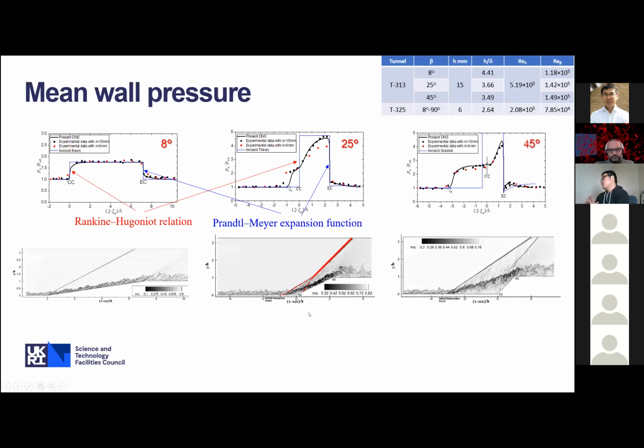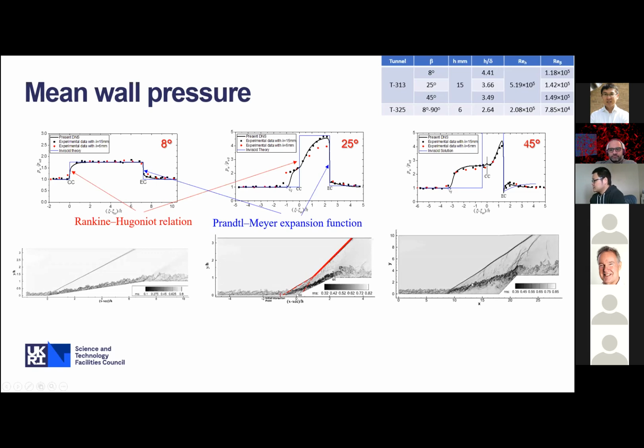Therefore, the 45 degrees. This is the result. We can see the flow is largely separated, and we can also see two shock waves. One is the separation shock wave, and then the flow is separated and impinges onto the face of the step, so two shock waves are generated. And for that case,